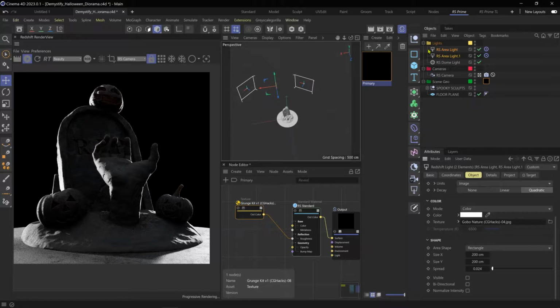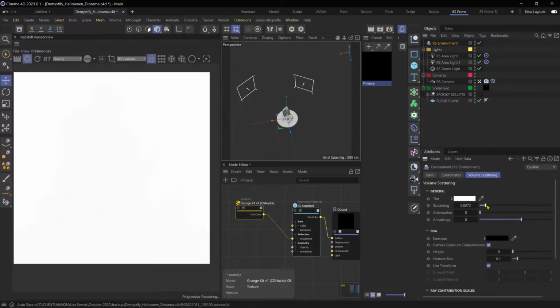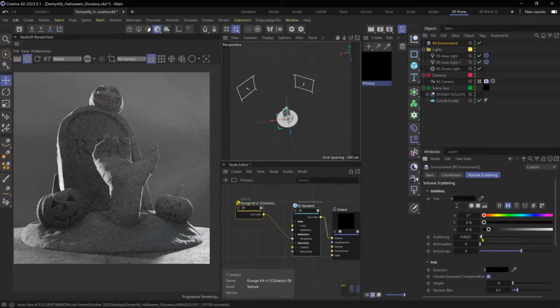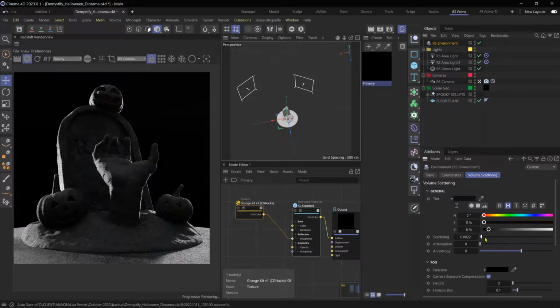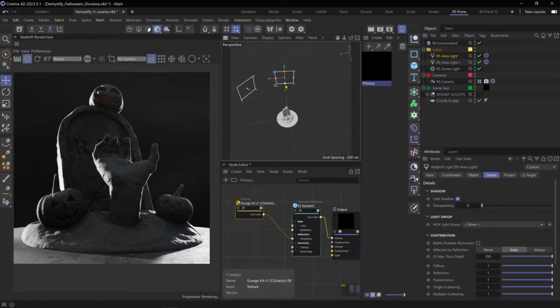But where gobos really come into play is when you're using some kind of volumetrics in your scene. Like the fog that Ellie was just talking about. In our case here, we could throw a Redshift environment in. Have a whole lot of craziness right from the gate. And we can tone our scattering down. Maybe down quite a ways. I can actually just take this tint and we'll drop that. That'll really help get this down to a reasonable area pretty quickly. There we go. And now if I go ahead and maybe move this backlight, the one rim light,